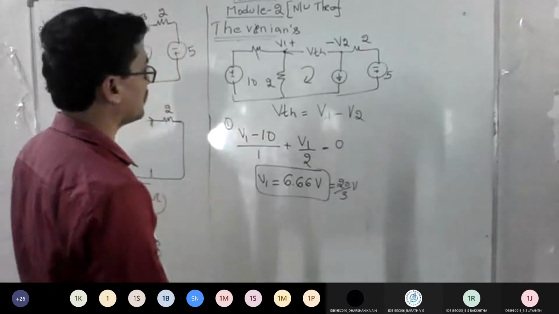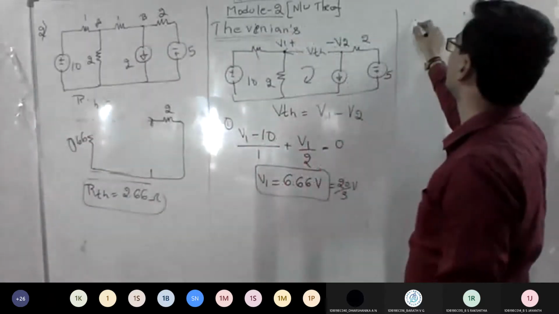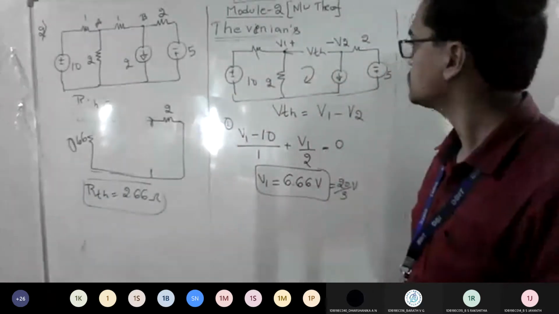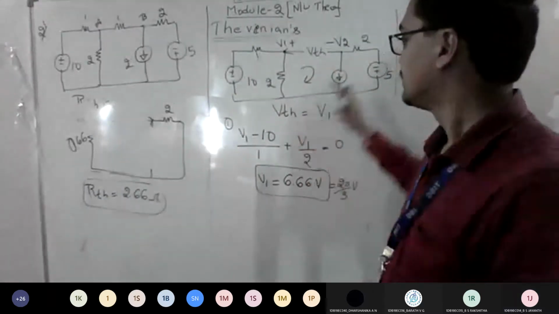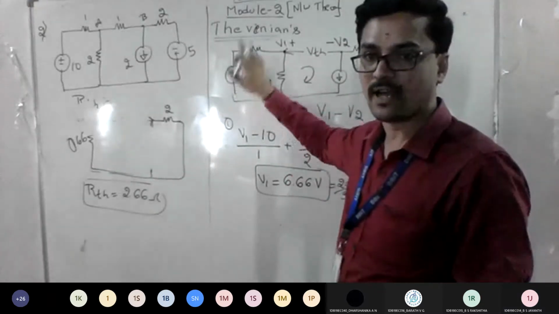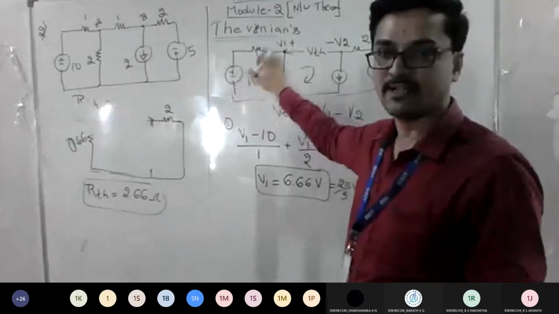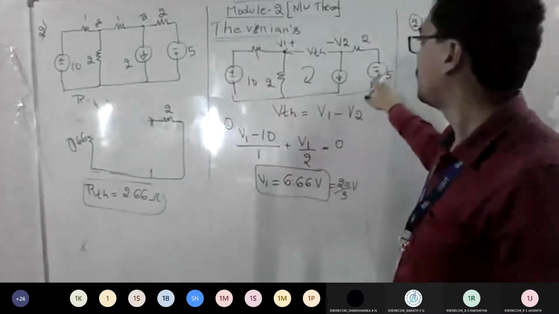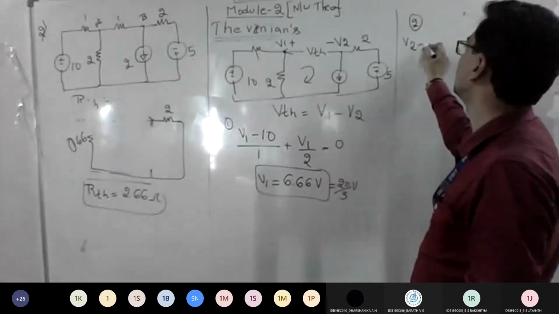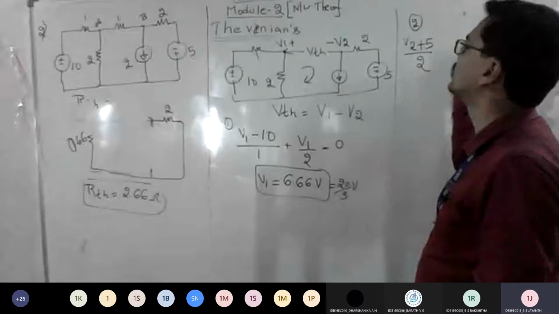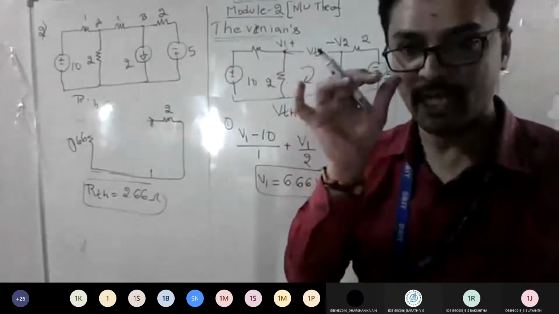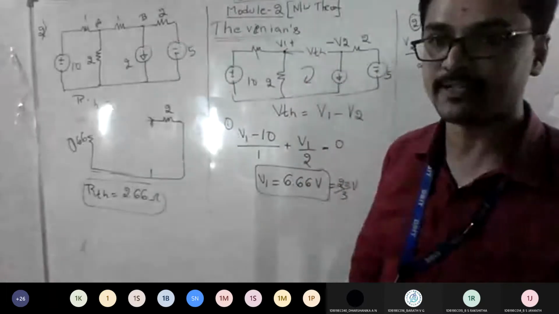Now apply the same thing for the second node. At node 2, V2 plus 5. That is a mistake you will commit. Look at things carefully. Here plus minus was there, our assumption was plus minus, so I wrote V1 minus 10. But look here, minus plus is there. So you should write V2 plus 5, divided by 2. This is the only change you should have very carefully while solving with KCL.